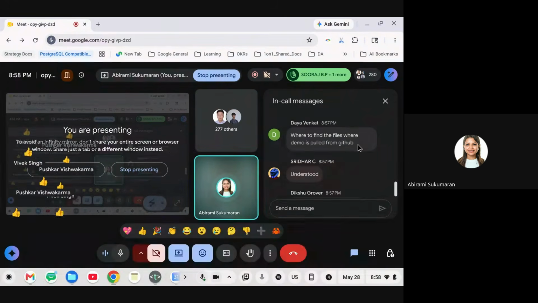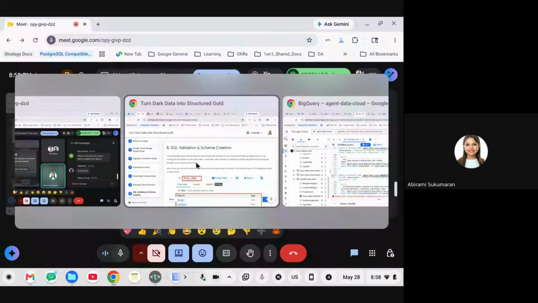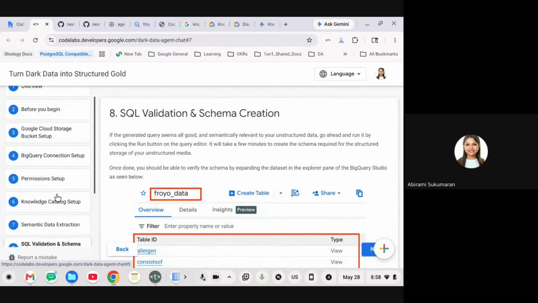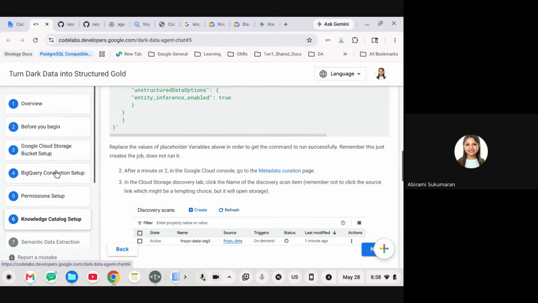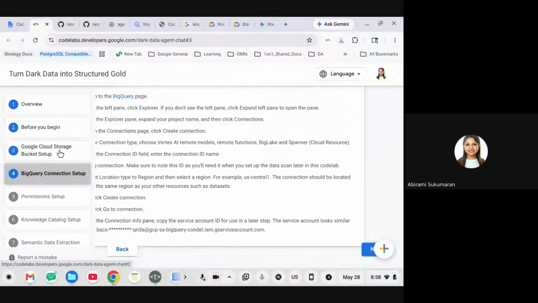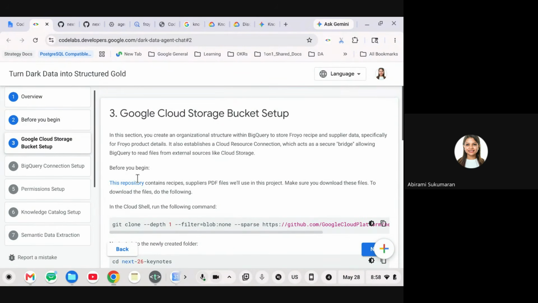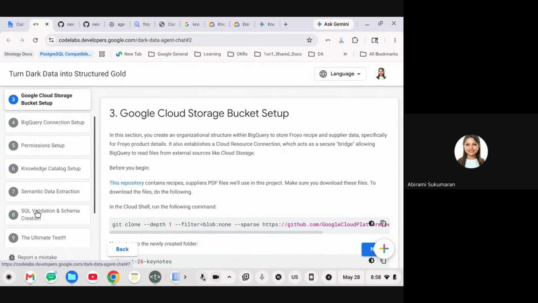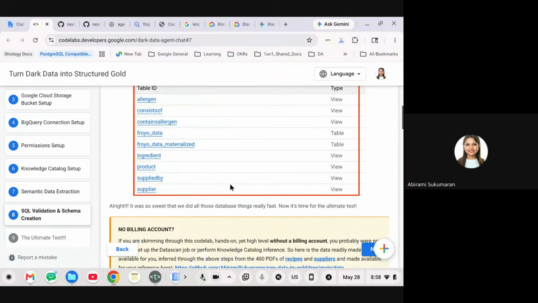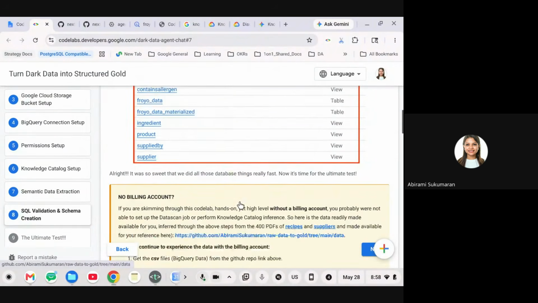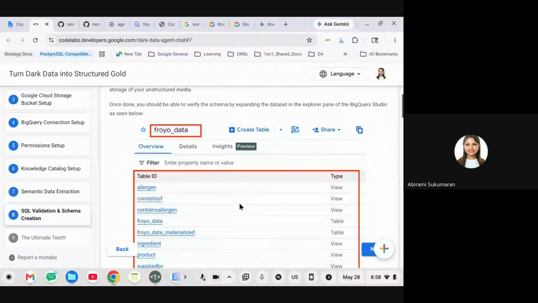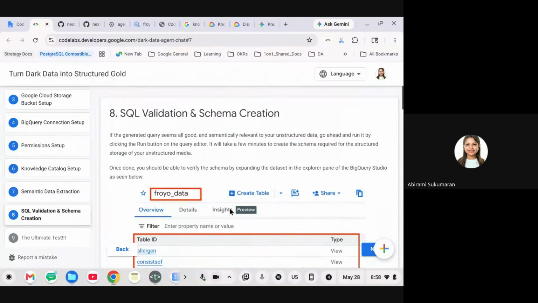Yes, the GitHub repository is there in your code lab itself. If you go to the code lab, step number 3, the repository is there. On the top, the words this repository is hyperlinked, but you will also find it again in step number 8, because we are going to be copying some tables, CSVs. All right, so now it's time for you all to get hands-on.